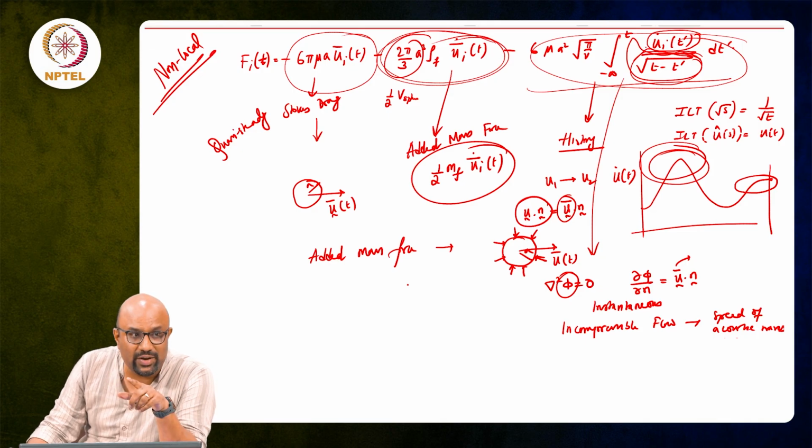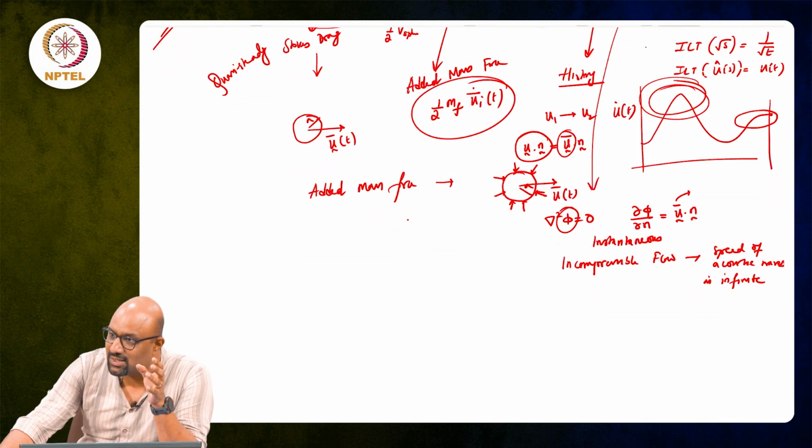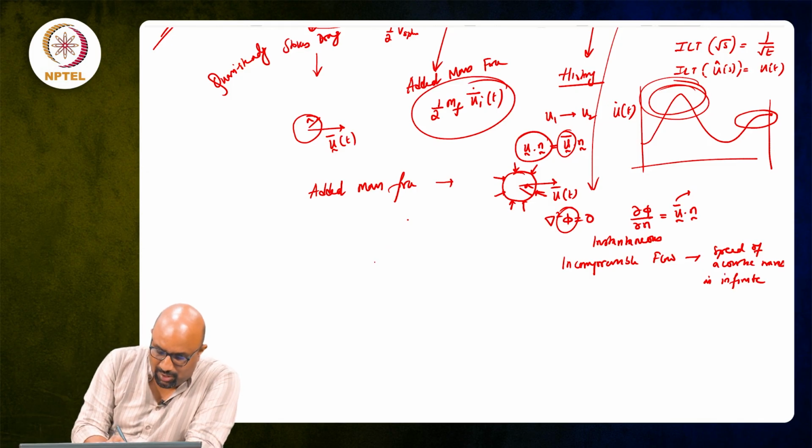And viscous waves, unlike acoustic waves, do not travel with infinite speed when you are accounting for the unsteady term. So, in Stokes flow it is infinitely fast, but when you are doing unsteady Stokes flow, then the speed of propagation would be,